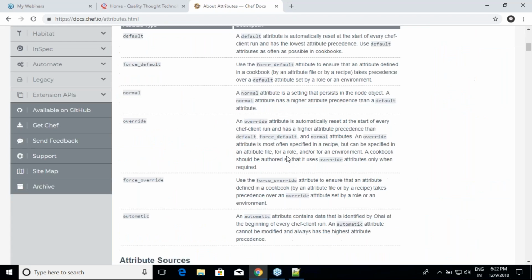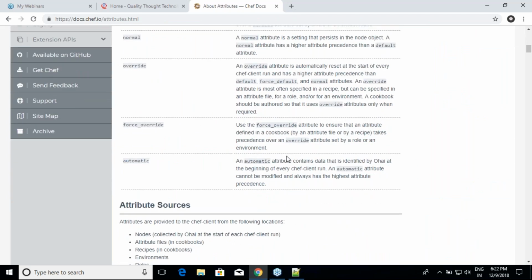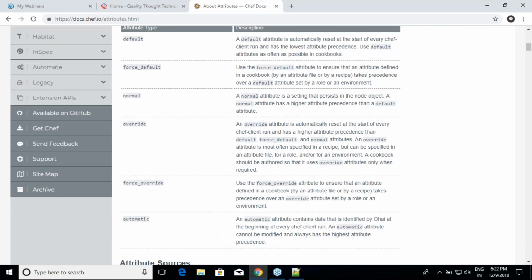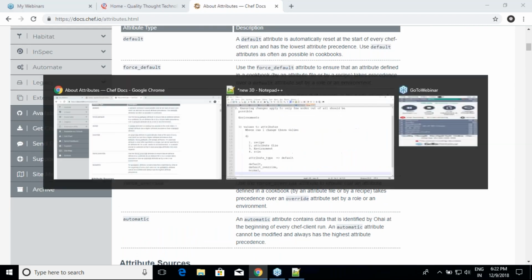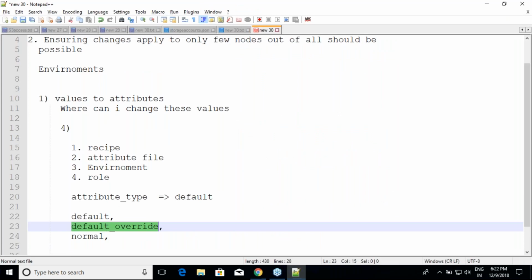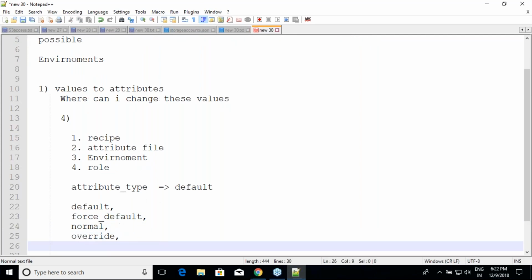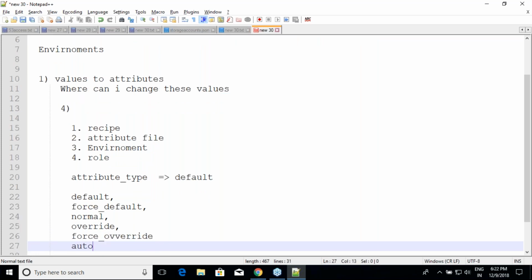Yeah, we have force. So basically these are the things: default, force underscore default, override, force underscore override. I think I have messed it up over here. It is not default underscore override. It is force underscore default, override, and then force underscore override, and then we have one more thing.